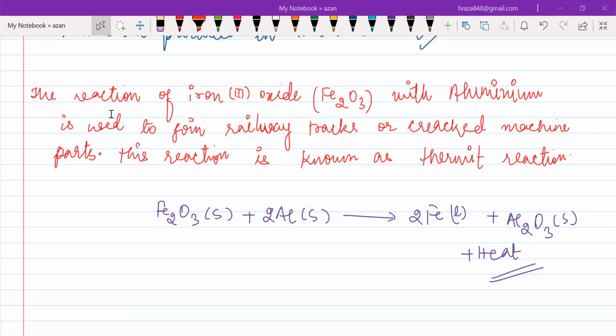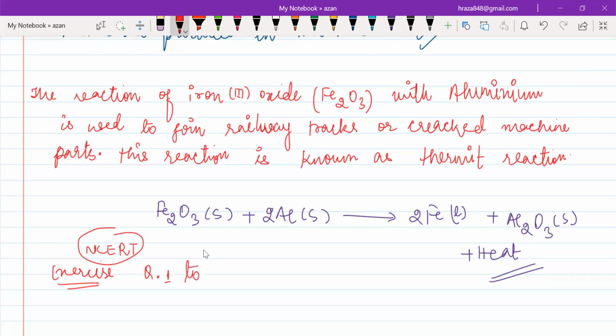Azaan, I'm going to give you homework. You are going to do questions from the NCERT book. Do you have the NCERT book? Yes, sir. So you are going to do question numbers 1 to 7 only. I will check it in the next class. Okay, sir. Okay, thank you so much. In the next class, we are going to